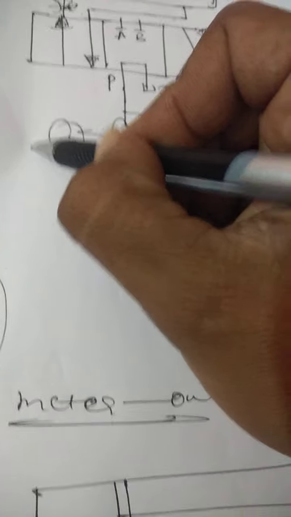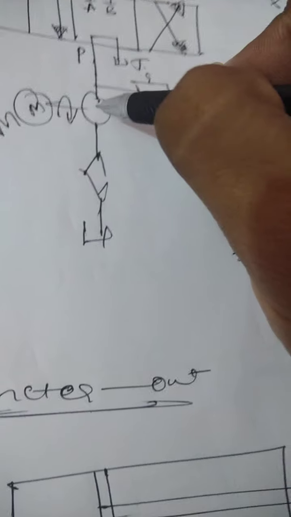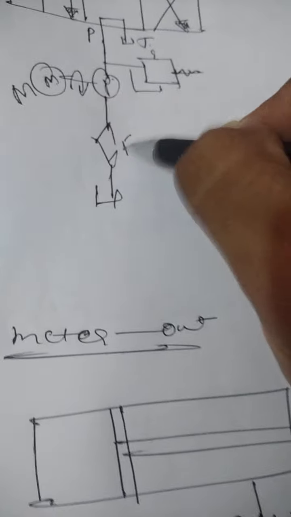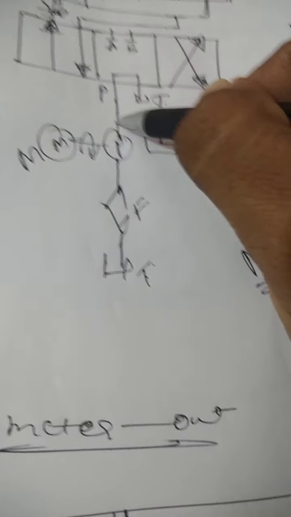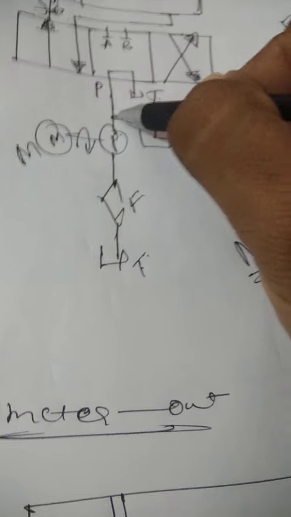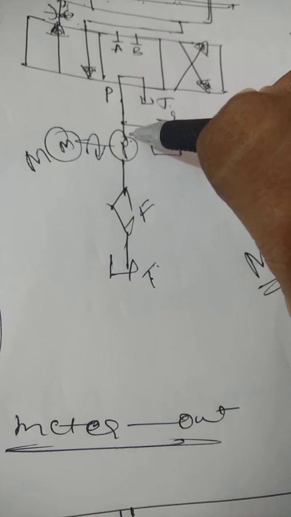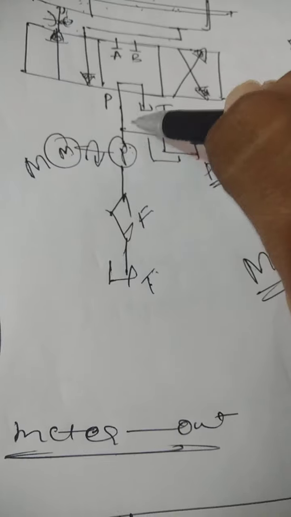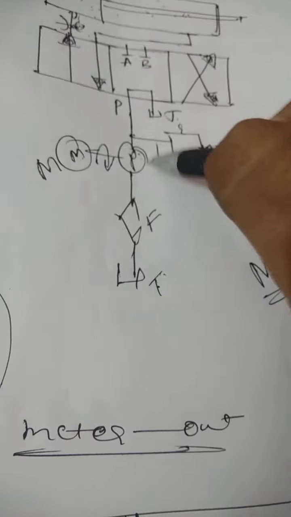What is the idea? See, this is the motor as usual, and this is the shaft which is rotating, and this is a pump, this is a filter, and this one is a tank. And as usual, a pressure relief valve is used. It is always used at the outlet of the pump, because whenever the pump is acted on by over pressure, this over pressure can be removed through the pressure relief valve, so that the pump is always under safe condition.